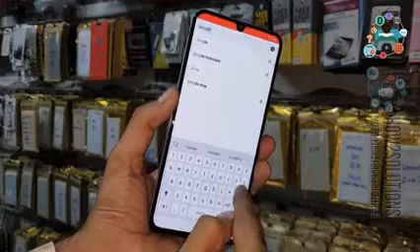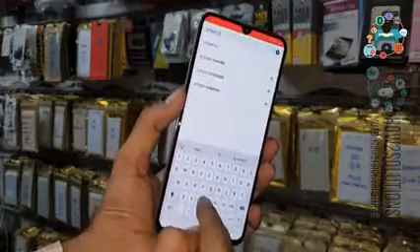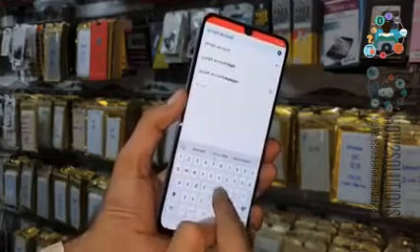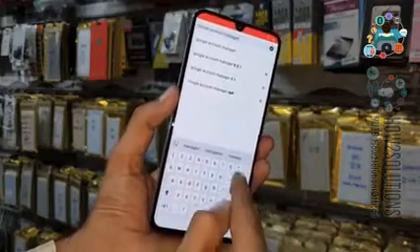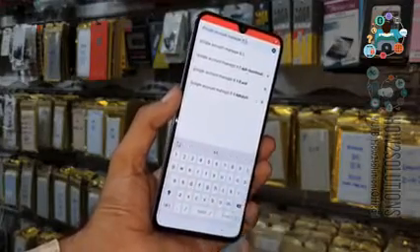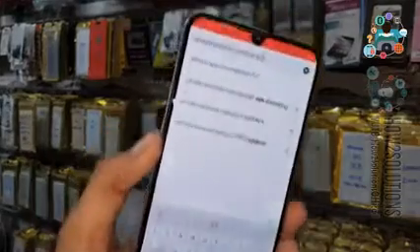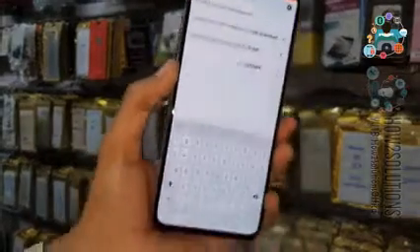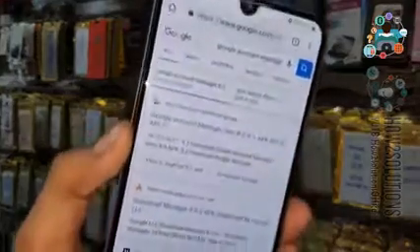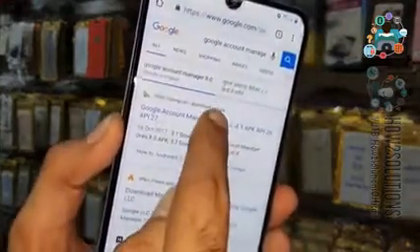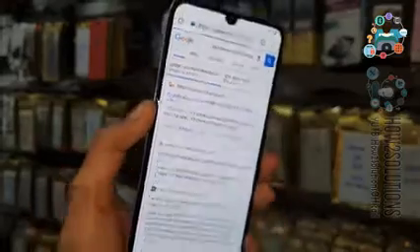We have to download Google Account Manager 8.0. Just search in Google Account Manager 8.0. I am downloading from Pangu.in. So always download from Pangu.in because this is the best application provider. This is the only working version available here. Click on this link.